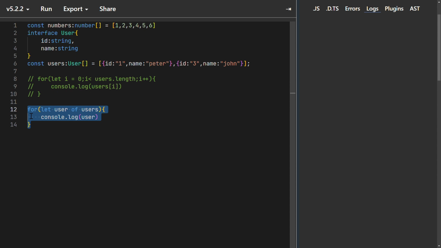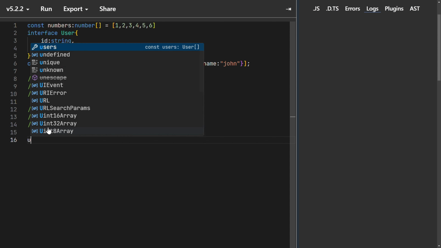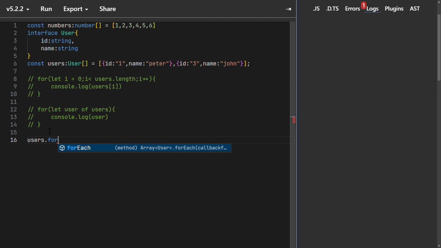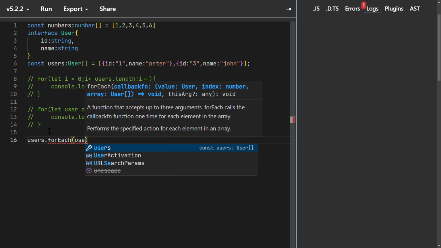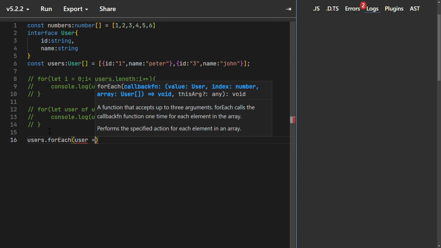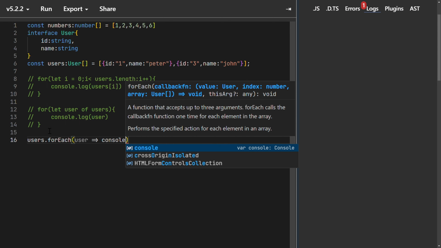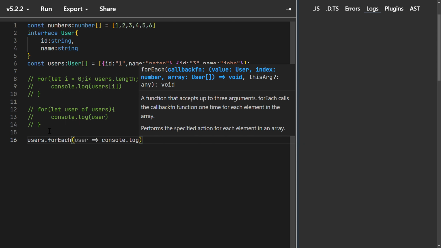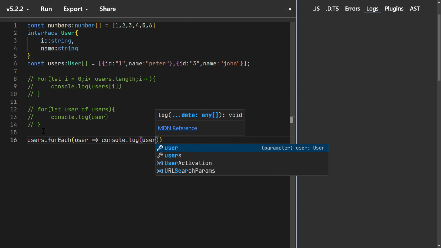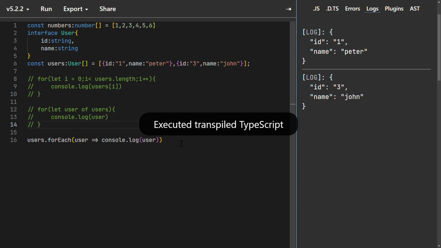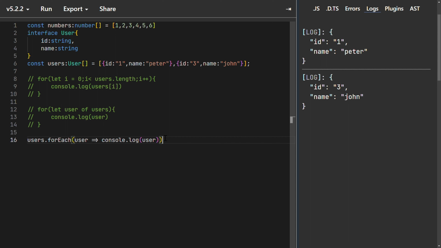So the third way of iterating an array is to use the array itself by saying users.forEach. So the forEach method takes in a callback function. So I'll say user here, console.log, and I'll say user. Say run, and also I can actually create this